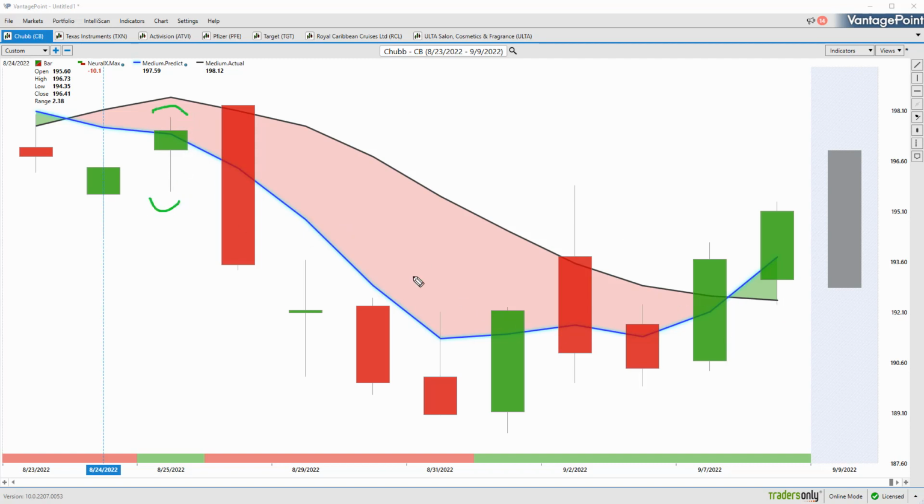And right up against that price data, what you'll notice is there is a black line there and also a blue line. So the black line that you're seeing there is actually a simple moving average. So that's a very common technical indicator. In this case, what it's doing is just looking back at the previous 10 close prices. It'll add those all together and divide by 10. And really the weakness of an indicator like that is it's really just getting all of the information from past close prices. And so it acts as a good measure of where market prices have been over a given period of time. But obviously a trader wants to be ahead of that next move and understand where are prices headed